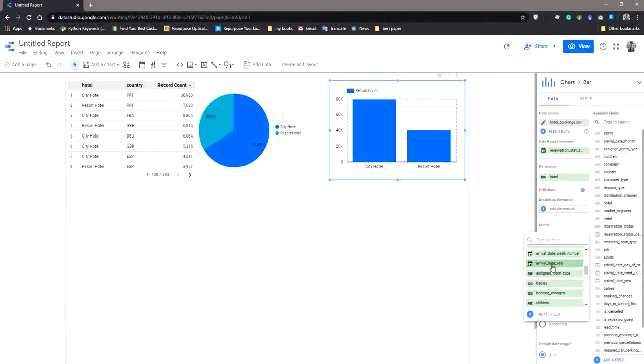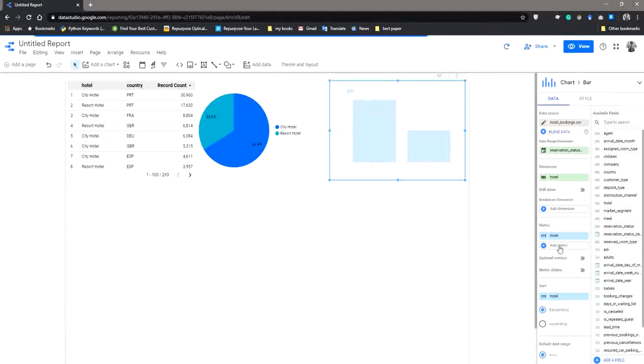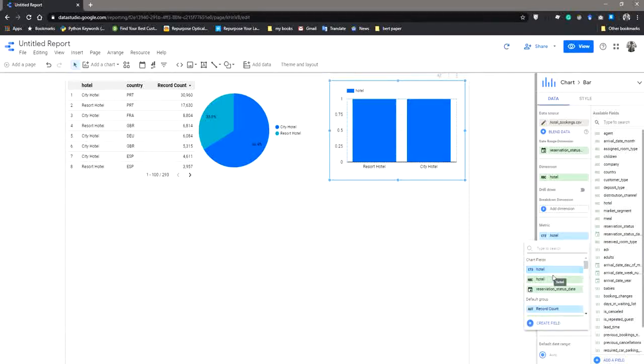I want to visualize how many countries have city hotel and how many countries have resort hotel. So I want to visualize two things here. Here it is getting the record count of the city hotel and the resort hotel. Here I am using the hotel, and I will be adding another metric as country.